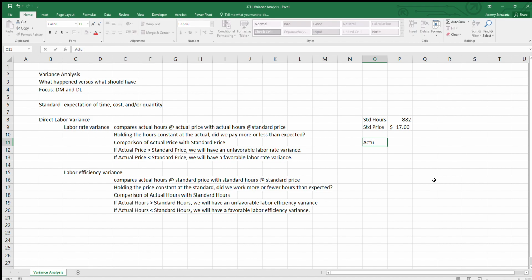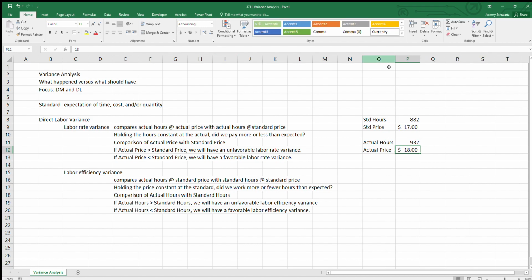If the actual hours turn out to be 932 and our actual price or rate is instead $18, how does this manifest itself? So when we look at the labor rate variance, then